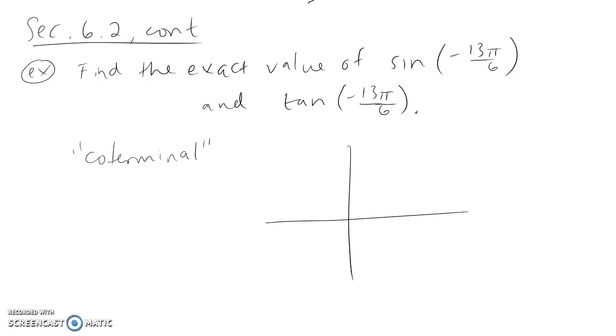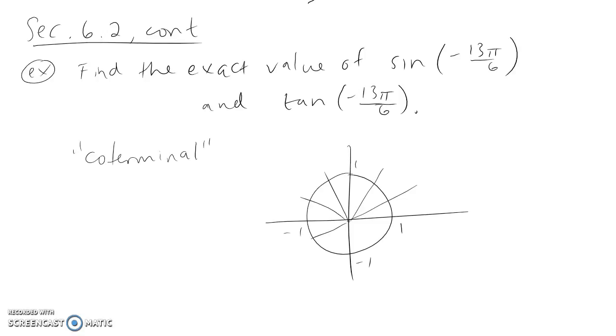Coterminal just means that the angles have all of the same trig function values, or that the terminal side ends in the same spot when you put the angle on the coordinate plane in standard position. So this is what I mean, right? If we think about splitting the coordinate plane, or I guess we should do the unit circle,